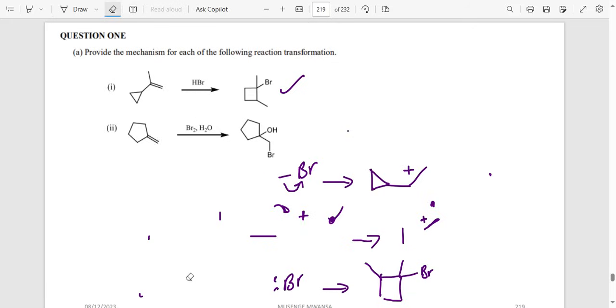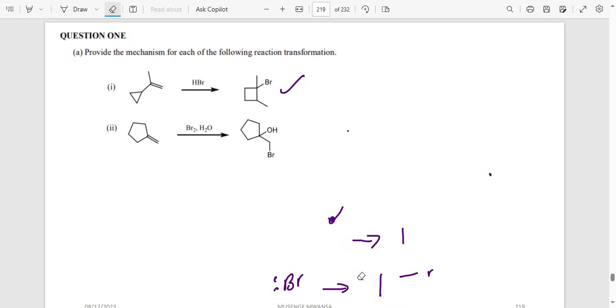We want to provide a mechanism for the synthesis of the bromoalcohol that we can see here from an alkene. Now, if you can see, we have reacted it with Br2 and water. So what is going to happen is, in step 1,